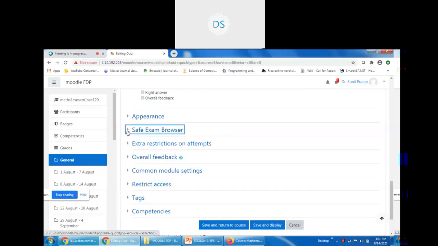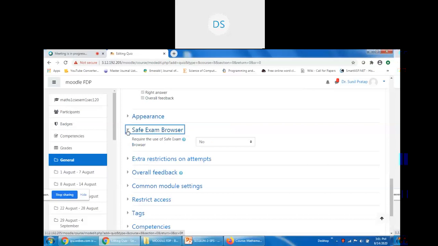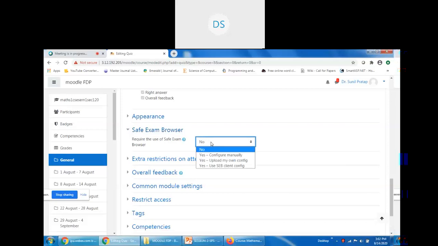So next is for safe exam browser. I think Uttam sir discussed yesterday. You may allow the setting of safe exam browser. For that purpose, you need to install the safe exam browser, and you give some configuration parameters, the URL and IP and parameters like that. Then once those parameters are set, they need to be uploaded to this environment, this safe exam browser option. So this will not allow the students to open other tabs, go to other windows, or open other files while they are attempting the quiz.